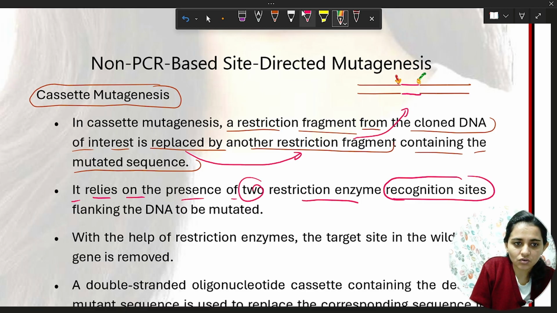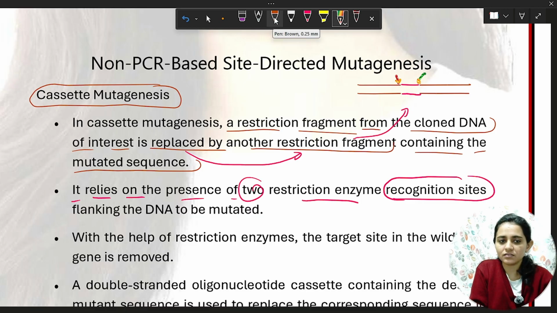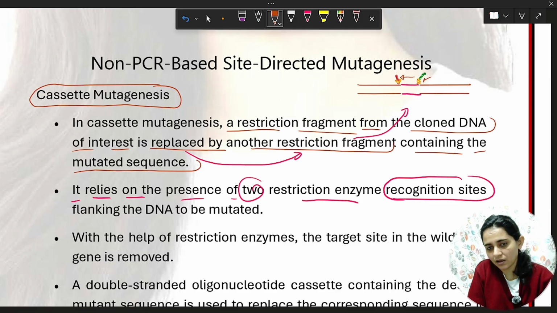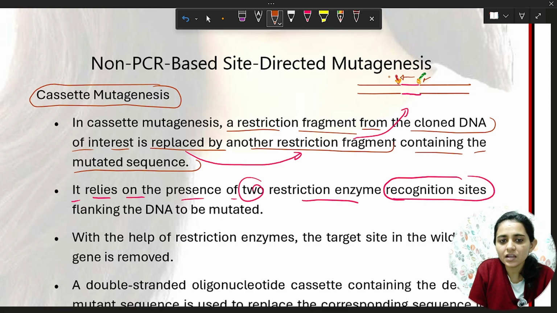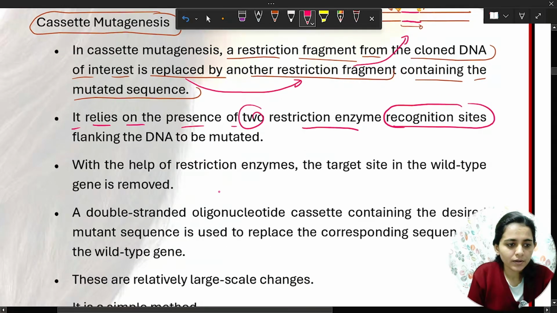This is why it is called two restriction recognition sites. It can recognize from this and then cut in this direction. If it recognizes from this side, then it will cut in this direction. This is a simple way to do.